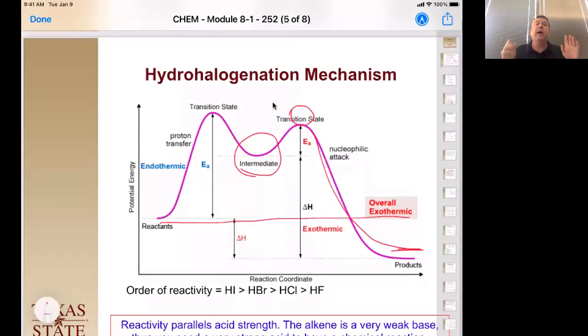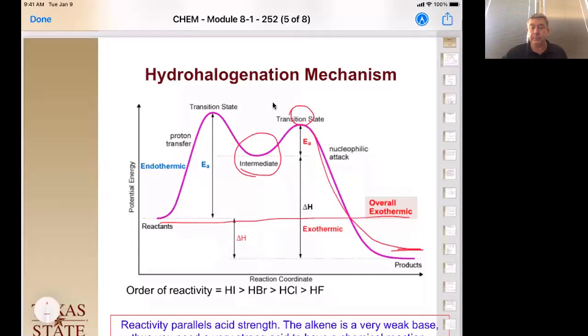Okay, so if we think about it right here, the first step is transferring the proton to the alkene. Okay, so that means the more acidic that proton is, the faster it's going to be transferred to the alkene. Therefore, our order of reactivity is the most acidic to least acidic. HI is first, HBr is second, HCl is third, HF is last. Okay, so this reactivity is directly related to how acidic that proton is, how likely that proton is to be transferred to that